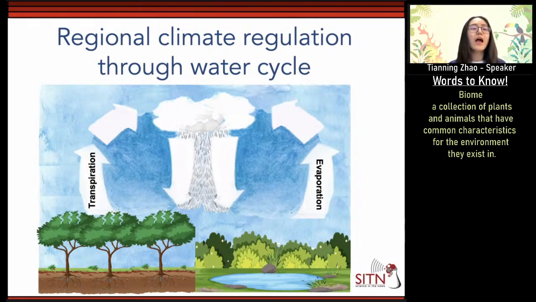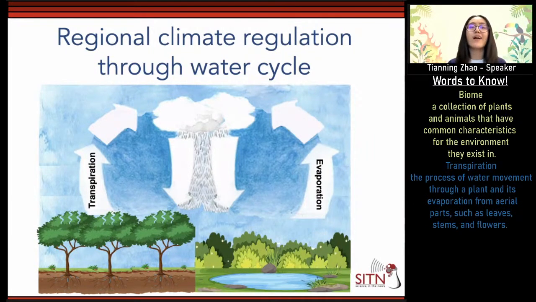Anywhere you have a water surface, whether it's a pond or a river or an ocean, you would have evaporation happening. And for the transpiration process, just in case people are not familiar with it, transpiration is the process where water moves through a plant and then gets evaporated through the aerial parts, such as the stomata on the back of the leaves. So it basically moves the water from under the ground to the atmosphere. And because of the massive number of trees, about 3 billion trees living in the Amazon region, this transpiration process is very effective in terms of water vapor transportation.